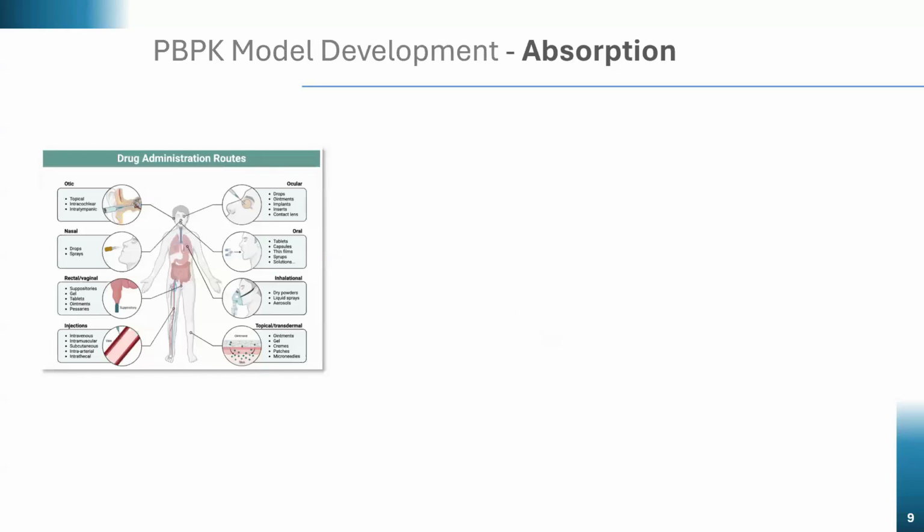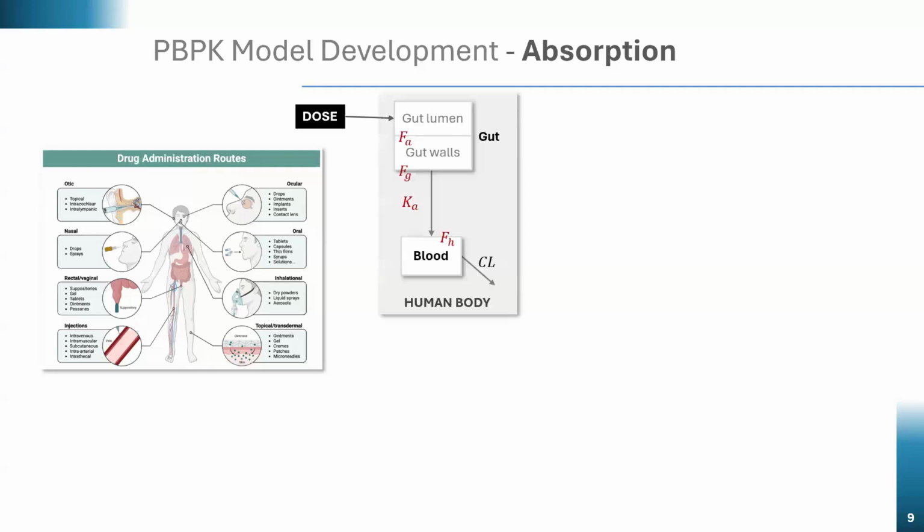Now, there are different routes of administration, as I'm sure we are all aware. So let us consider a simple oral absorption for demonstration's sake. Okay. Now, after we swallow a drug, the drug now is in the gut lumen. So from this gut lumen, the drug has to leave the gut lumen and enter into the gut wall. Okay, but we know that usually it's not all the drug in the gut lumen that will cross into the gut wall. So the fraction of drug that leaves the gut lumen into the gut wall, we call it FA,